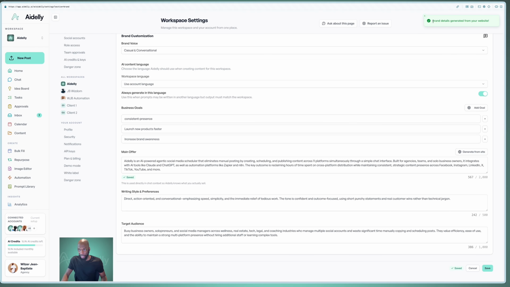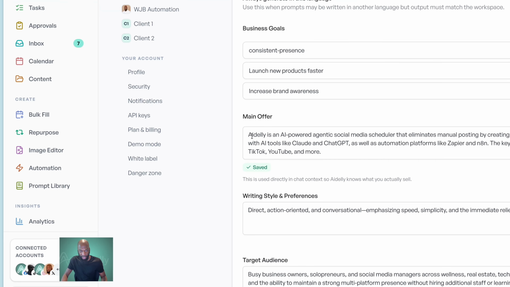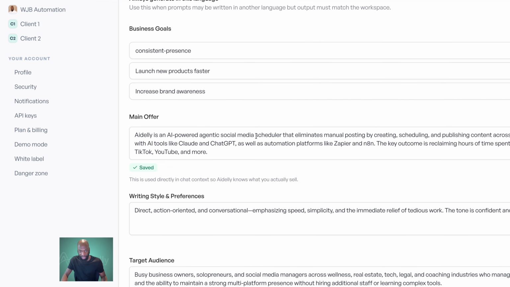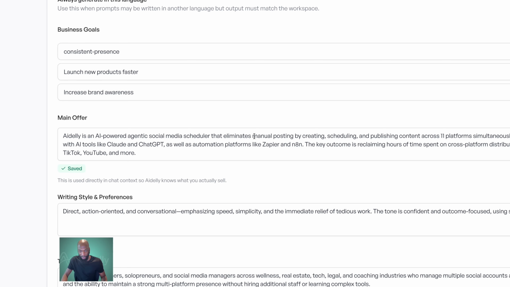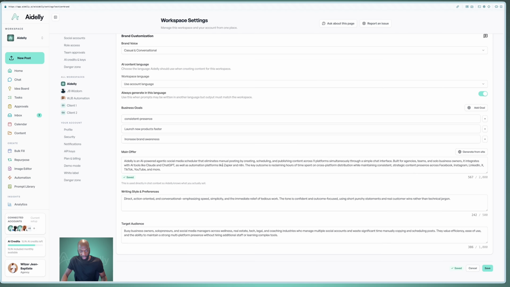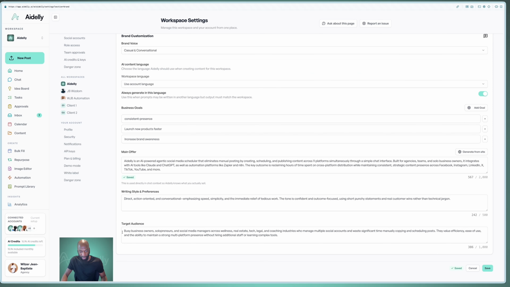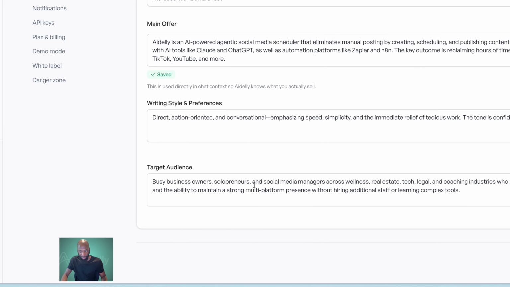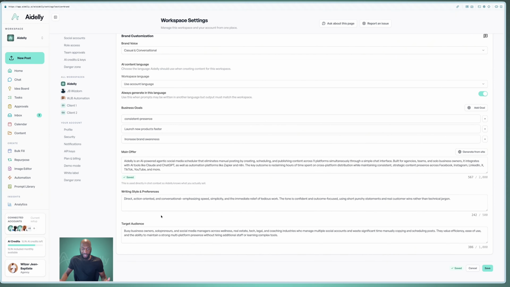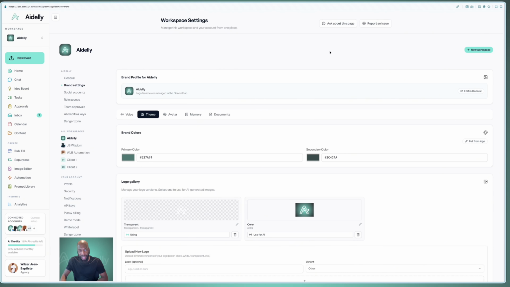Awesome. It says brand details generated from your website. Awesome. And so we see here, Aidelly is an AI-powered agentic social media scheduler. This is all pulled from my website, which is awesome. Also, we see here it pulled writing style and preferences. Awesome. And then it also pulled my target audience. So of course I can edit these myself. However, if you just want a quick general summary, generate from site is very easy to do. Next, we're going to talk about